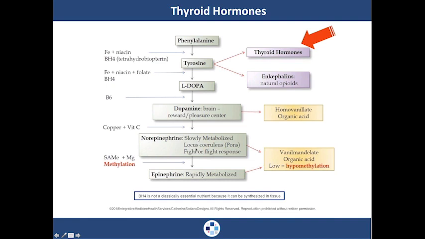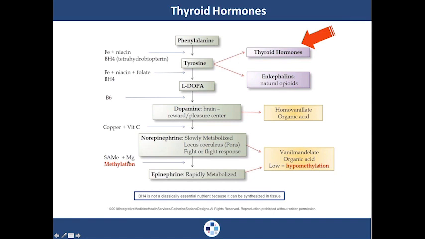That's in the locus coeruleus, that part of the brain. That's the fight or flight mechanism. We're all subject to a little bit of stress now and then, but the fight or flight should only be on for a very short time. Once the threat is over, we should go back to a normal, steady state. Now, norepinephrine gets converted to epinephrine, and then that gets out of the body. What requires norepinephrine to be converted to epinephrine is methylation. There's SAMe, you're probably familiar with that, and magnesium.